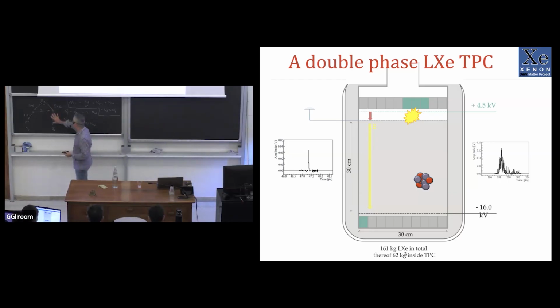identical, so the characteristics are identical to the emission of scintillation light in the liquid. Same wavelength, same time constant, and so on. So it is true that both are light signals at the end. Indeed, we detect both of them with photosensors. But the first is related to the scintillation light. The second is related to the amount of electrons that reach the gas phase. In this way, we can clearly see both signals because they are well separated in time, and know which is